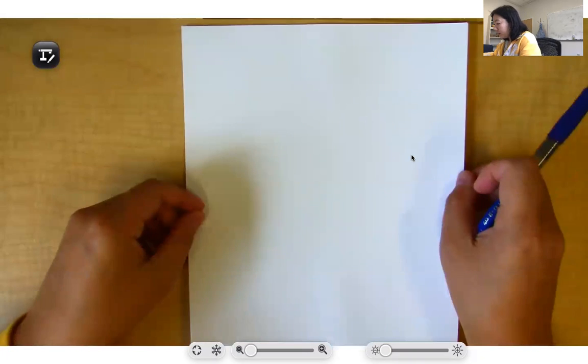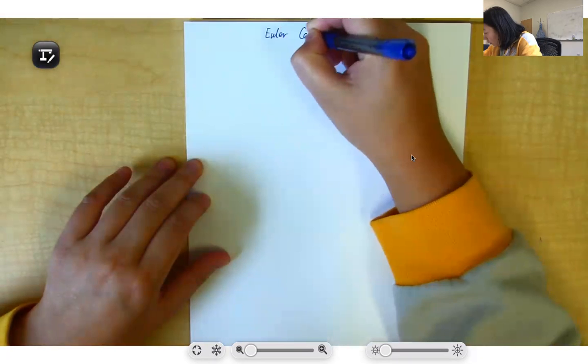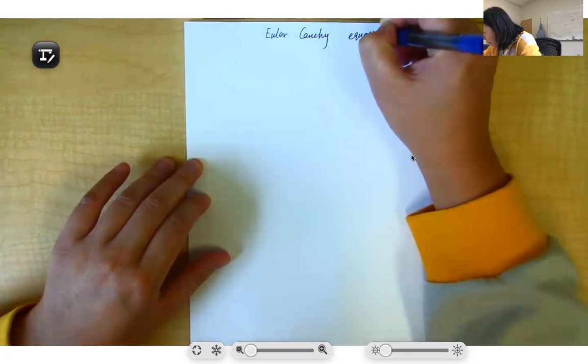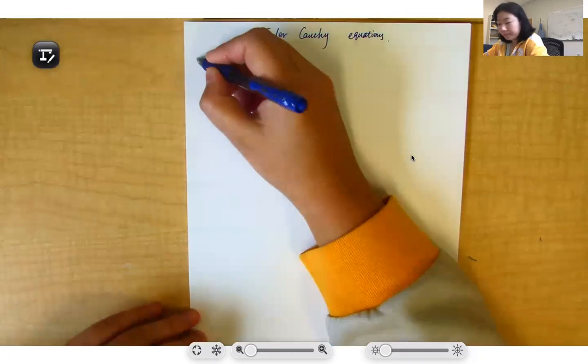Okay, so Euler Cauchy equations. And what is an Euler Cauchy equation? How does it look? So in general,